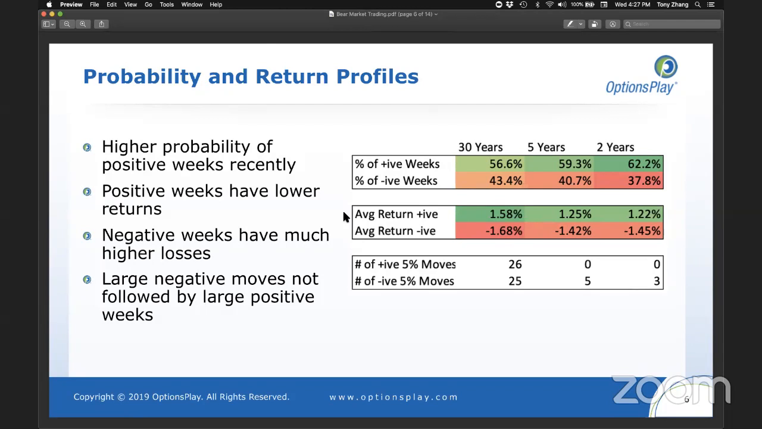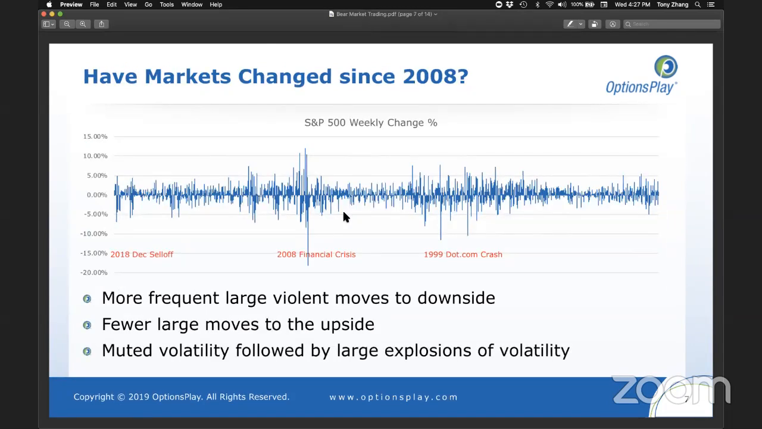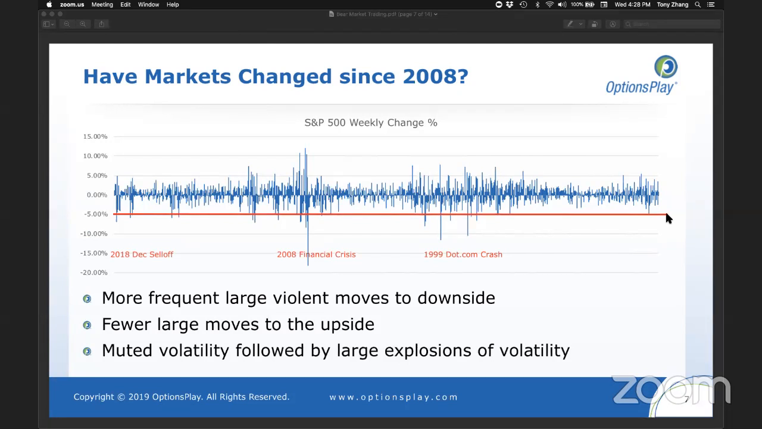Next, I want to take a look at just an understanding of the frequency of moves and understanding as to whether things have changed since 2008. This is something that we talked a little bit about after the December crash, because as you can see during the 1999 crashes, whenever we had this large sell-off. So first I'm going to highlight the 5% line. So when markets move more than 5% to the downside, notice that most of the time it happened, it